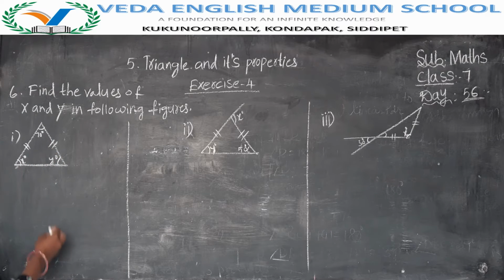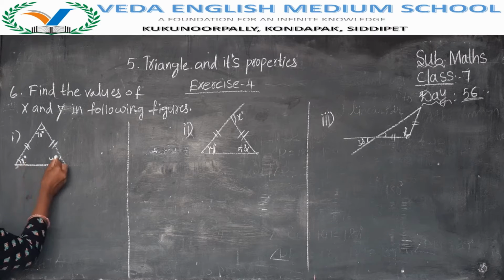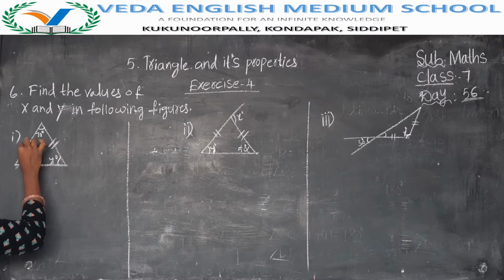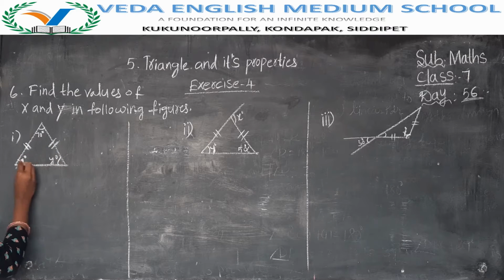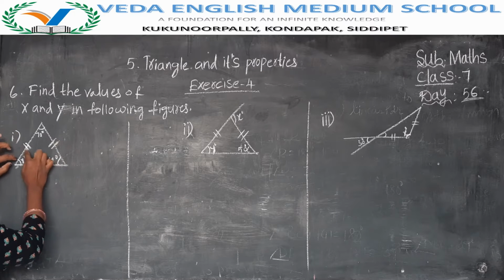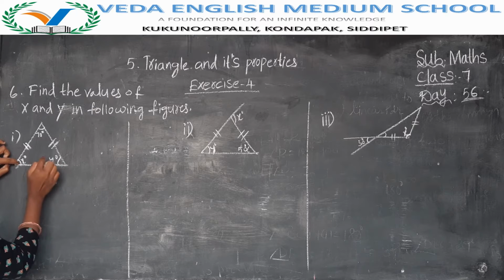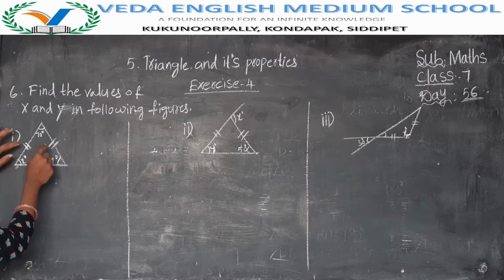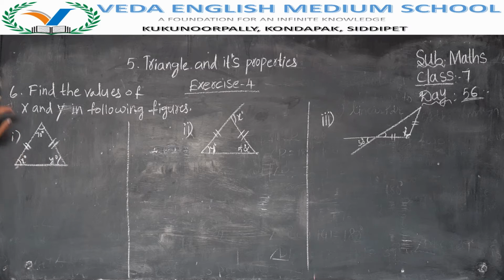Now see the first figure. Here they have given x degrees, y degrees, and here 70 degrees. These two lines they have given like that. That means these two angles are equal. ఈ రెండు లైన్స్ ఏం రిప్రజెంట్ చేశాయంటే these two angles are equal. ఈ రెండు angles equal అని చెప్పడానికి టూ లైన్స్ ఇట్లా చెప్పారన్నమాట. So these two lines mean the angles are equal. Based on this we have to find the values.